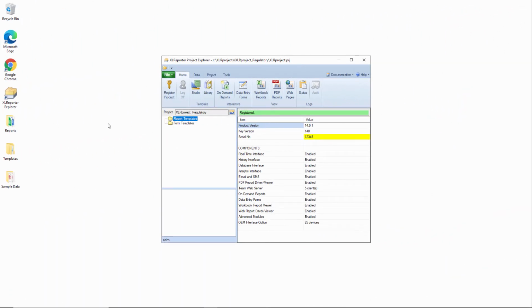In this video, we're going to take a look at how you can use XLReporter's report-as-you-run technology to build up an annual summary report for a water treatment operation just by taking daily snapshots from live values in a PLC. So to do that, I'm going to open up the template studio